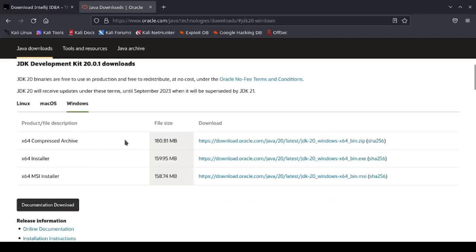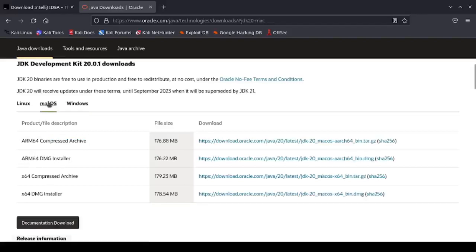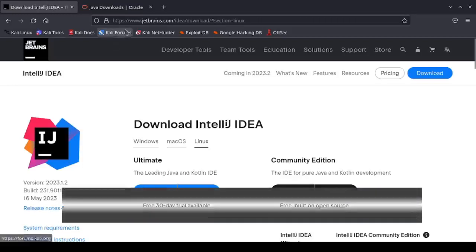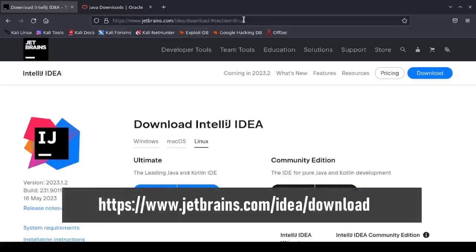Notice that you do not have to download all of these files. You can choose one. You can choose a compressed one, or you can use the installer, and this one up here for Mac as well, and then for Linux. After installing this, you should go ahead and navigate to this URL again to download the